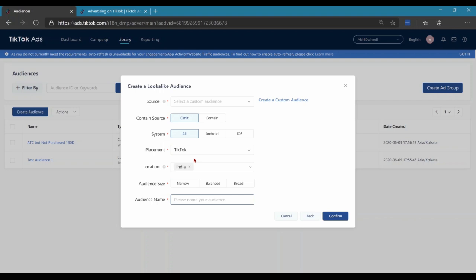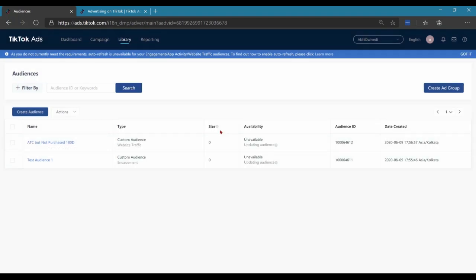Now I create 3 different audiences: specific, balanced, and broad. You can only select one per ad. So let's say purchased in the last 30 days, lookalike, specific. The audience will update and the size will show once it's completed. Then go to campaign, create,